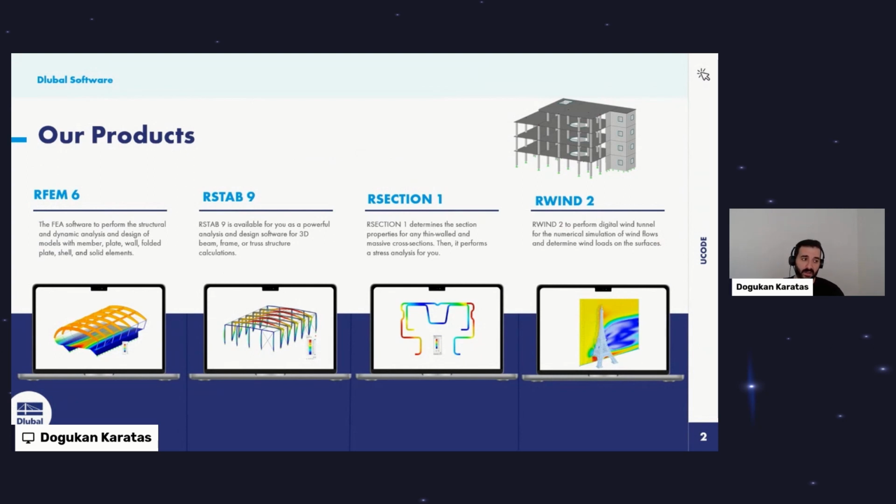And RSTAB 9, on the other hand, is designed for complex calculations of beams, frames, and truss structures. And our RSECTION, also a new product, determines the section properties for any thin-walled and massive cross sections, and you can also perform a standalone stress analysis in this program. And RWIND 2 performs numerical wind tunnel simulations, and you can determine the wind loads on surfaces and also export these wind loads to RFEM or RSTAB. These 4